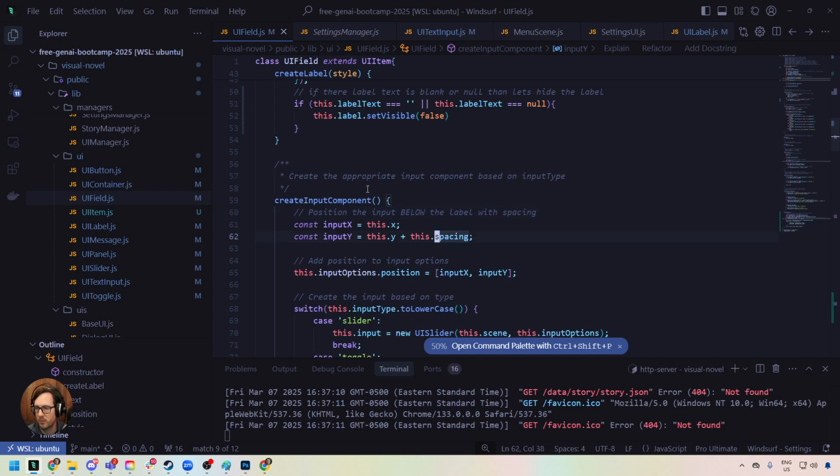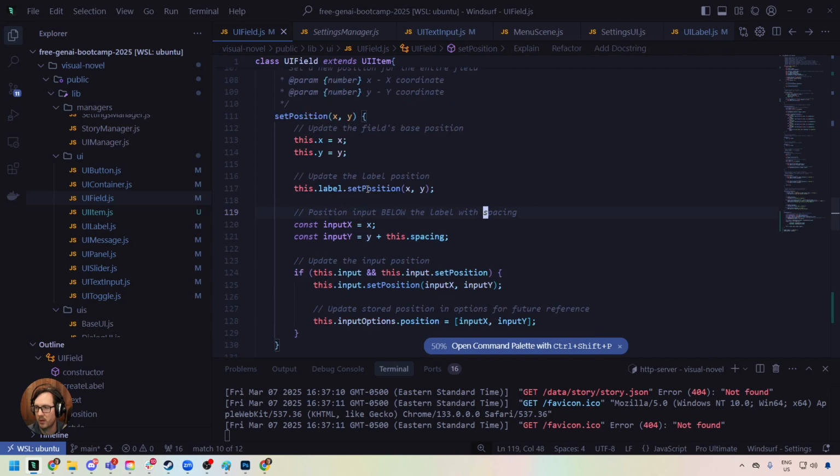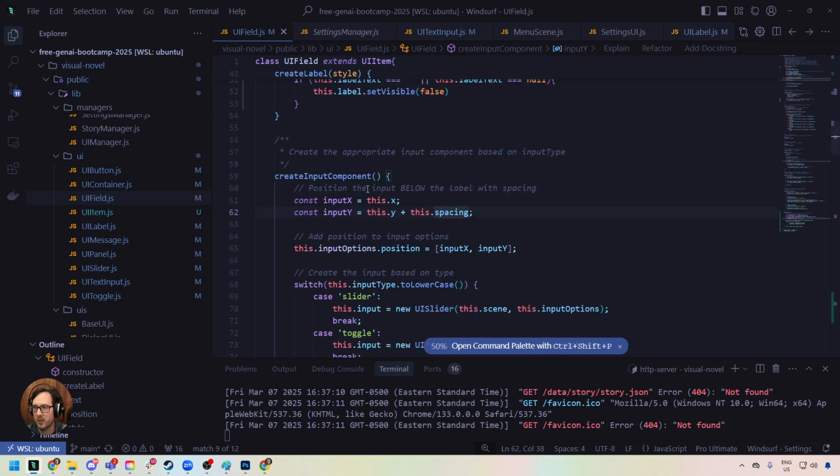Create input component, okay? Hold on, let's go back up to this. Position the input below the label. Okay, so we have input X, this plus Y plus spacing. That doesn't make sense. Does that make sense? Create input component. Well, maybe after,